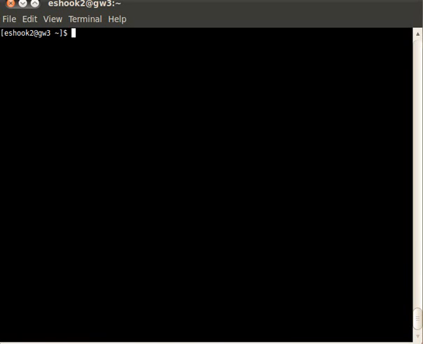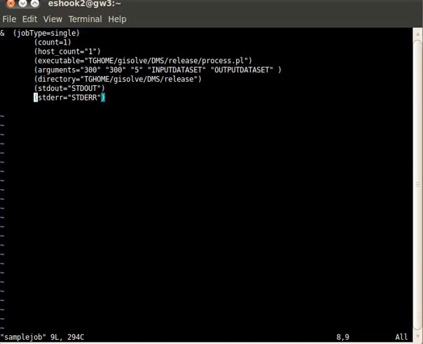This video will walk through the steps to construct and submit a job to a TeraGrid resource. We'll start by copying a sample job template file from the simple grid directory, and opening up the file. Now you'll notice that we have some keywords such as TG home, input dataset, output dataset, TG home, standard out,